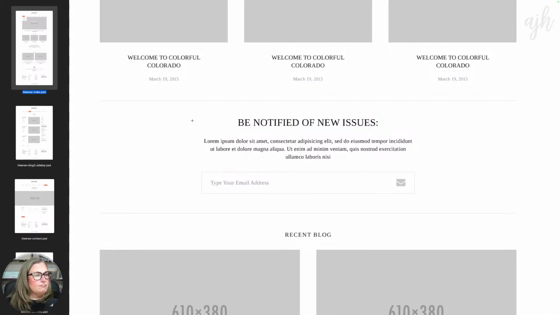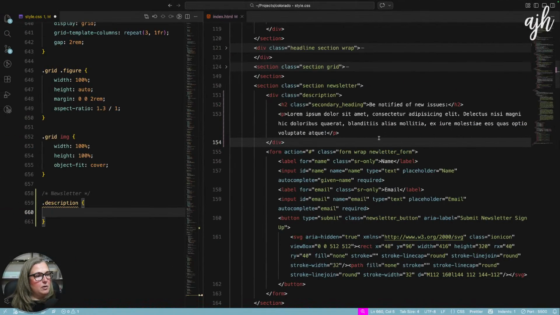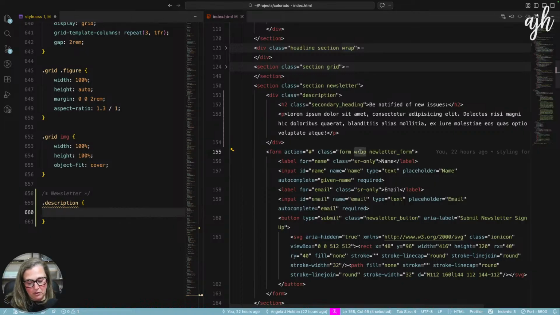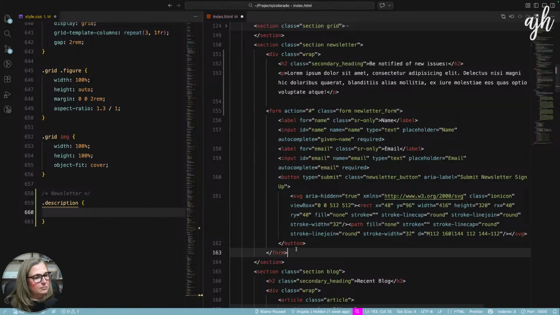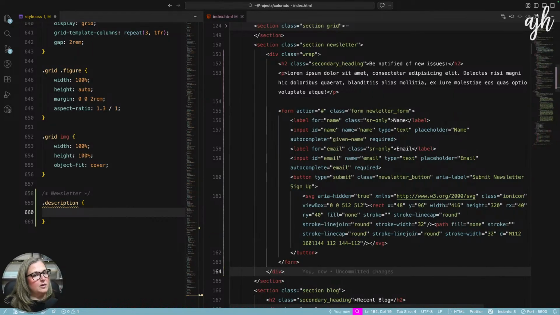And we can give that a wrap also. Should we just put the whole thing in a wrap? Doesn't it just make more sense to put the whole thing in a wrap? I think it does. There.